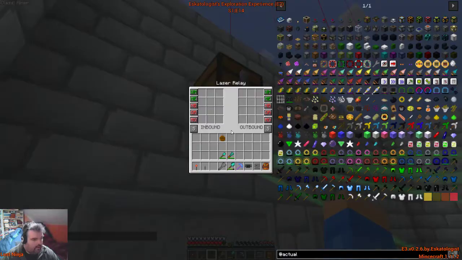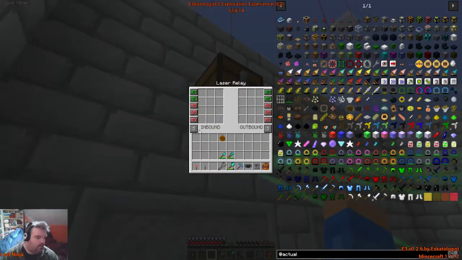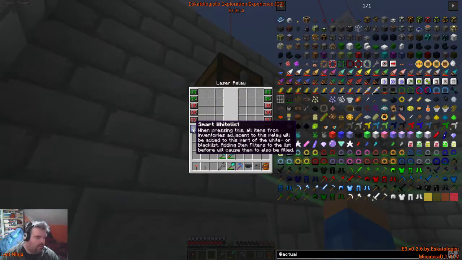Well, does it have a... Oh, it does have it. It has a UI. So, inbound, smart whitelist. When pressing this, all items from inventories adjacent to this relay will be added to this part of the white or black list. Adding item filters to the list before will cause them to also be filled. Alright, so...